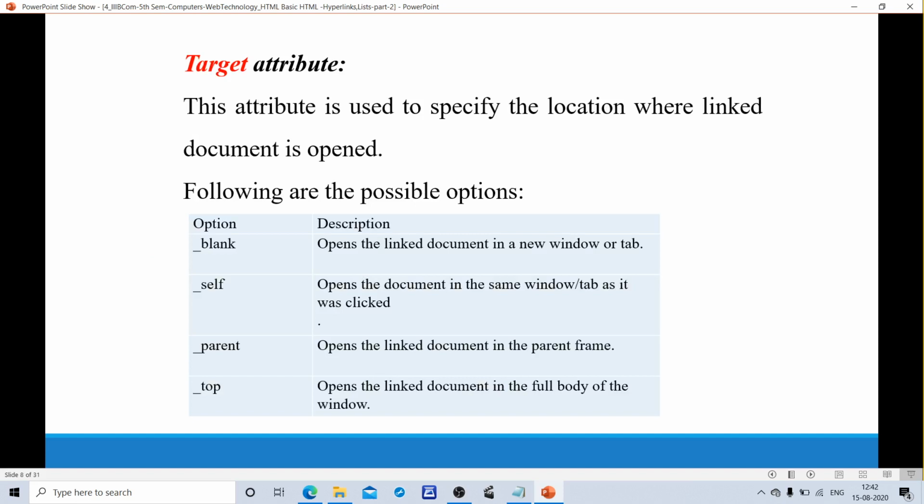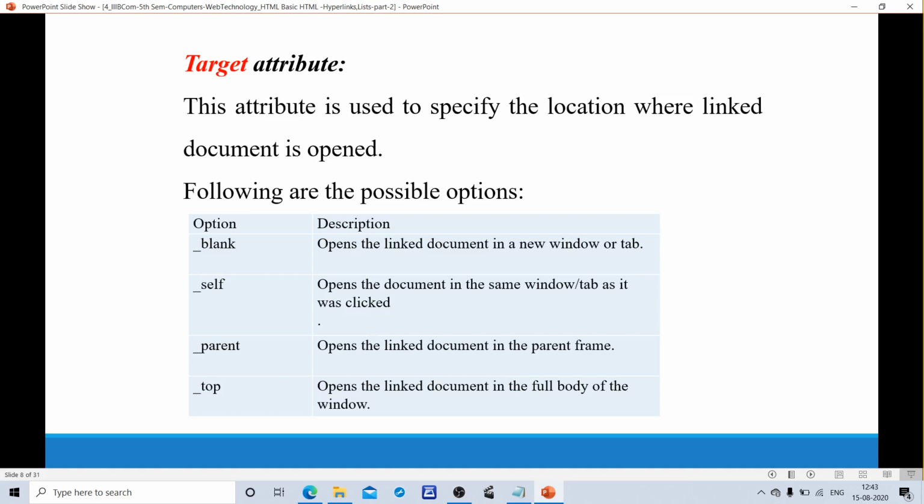Target attribute. This attribute is used to specify the location where the linked document is opened. The following are the possible options. When I click on the text, it should open a new document or a new page. Where does it open? For that we use the target attribute with the values blank, self, parent, top. Blank means the linked document opens in a new window or a new tab.